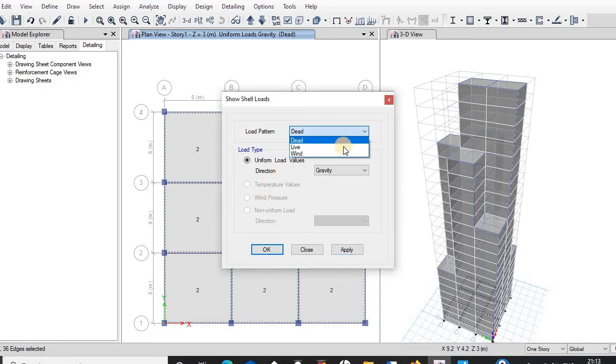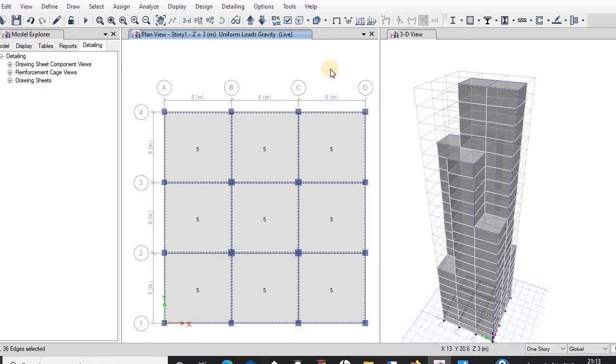If the live load is to be shown, this is the live load, 5 kN per meter square at story 1. If we have to remove these loads, show undeformed shape, and to deselect, press escape.